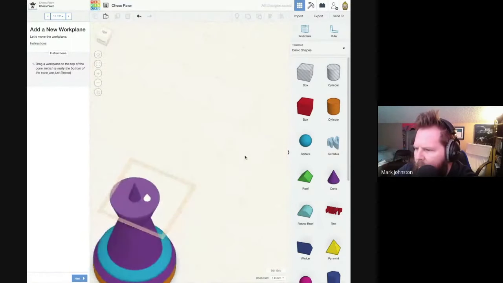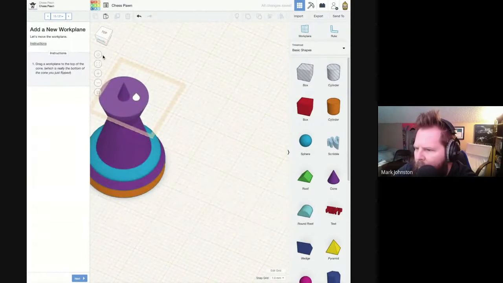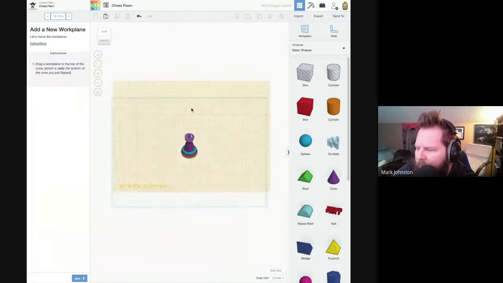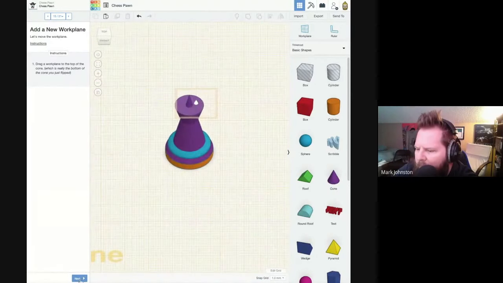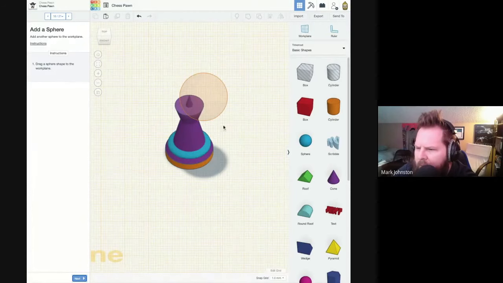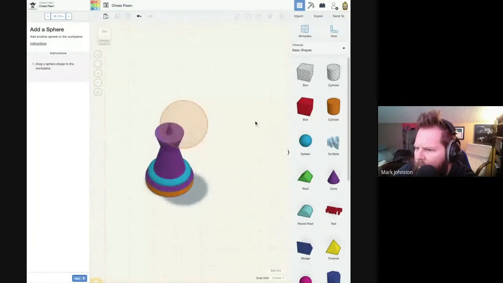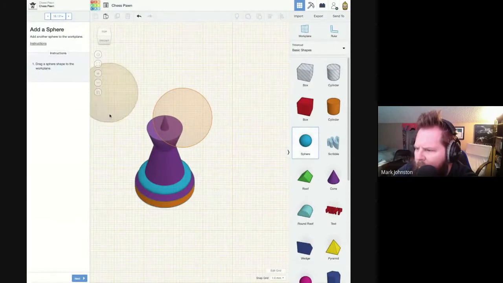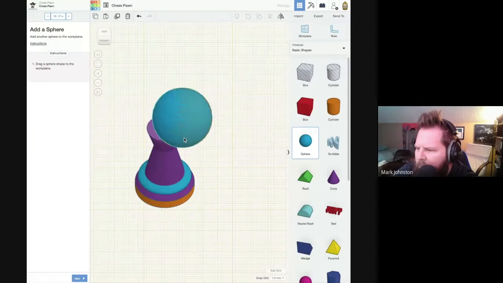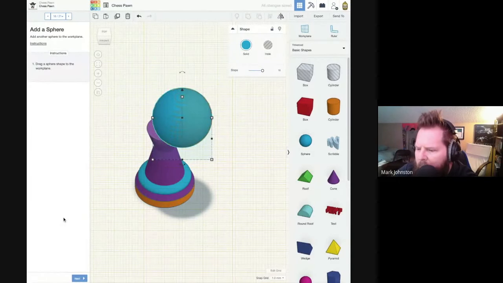So anyway, let me click home so I can get back. There you go. I'll zoom in a little bit. All right, click next. It says drag a sphere shape to the work plane. Oh, I just did that. All right, there we go. And then